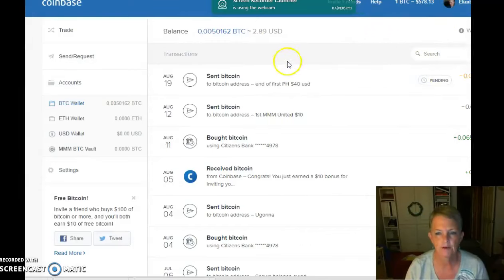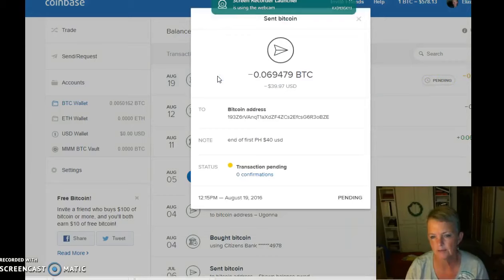Alright, so you make your payment as usual. If you've been in MMM before, you know how to make your payment. Now, what you do is you click on the transaction, and instead of going there, I'm just following the directions that they give us. I copied that. I wrote down on a piece of paper the amount that it was for,